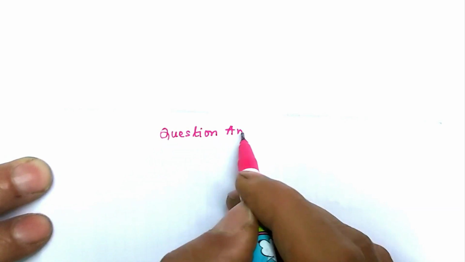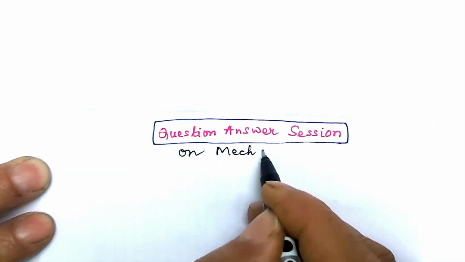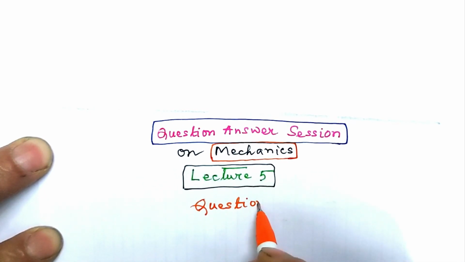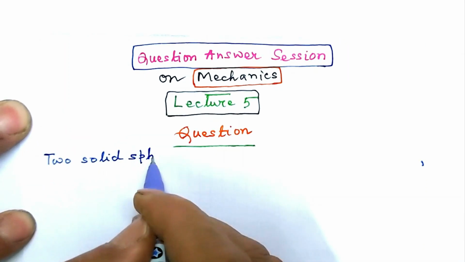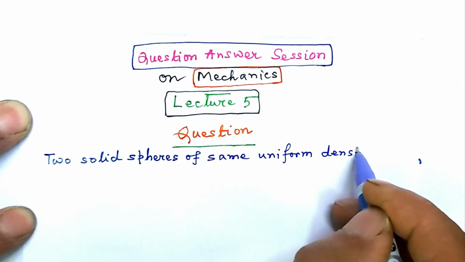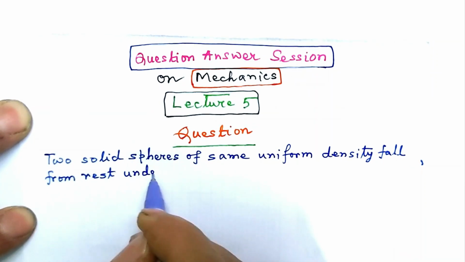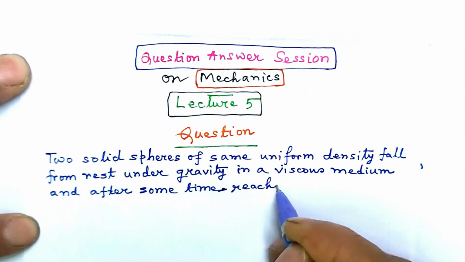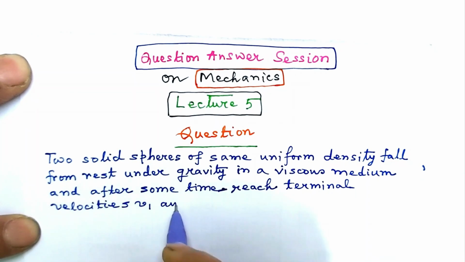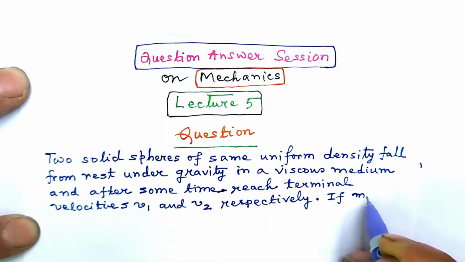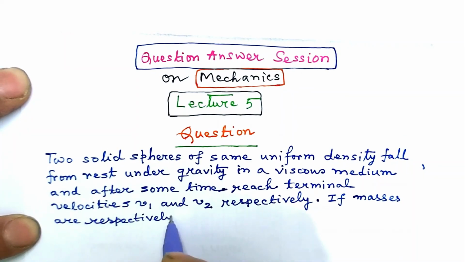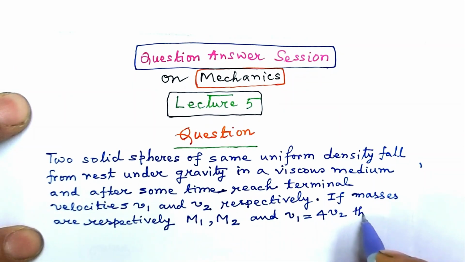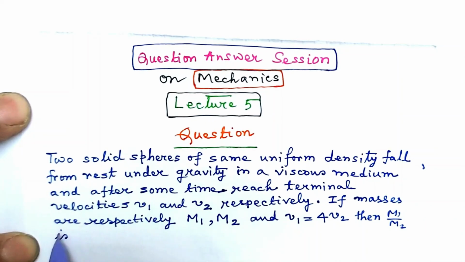We begin a short question answer session on mechanics in lecture number 5, and our first question is as follows. Two solid spheres of same uniform density fall from rest under gravity in a viscous medium and after some time reach terminal velocities v1 and v2 respectively. If masses are respectively m1, m2 and v1 equal to 4 times v2, then m1 by m2 is,